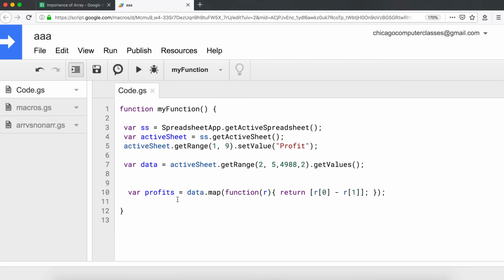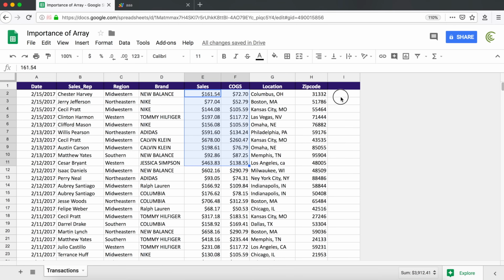So if this entire map thing isn't clear to you and you're not sure why I have to return an array here, then go back and watch the previous part. That's where I cover map function and I explain why this works the way it works. And this one, this is going to be it. I'm going to return a new array, and in that array I'm going to just take the first column and subtract the second one. And then finally I have to take that profits, and this profits is going to be an array of all those results,